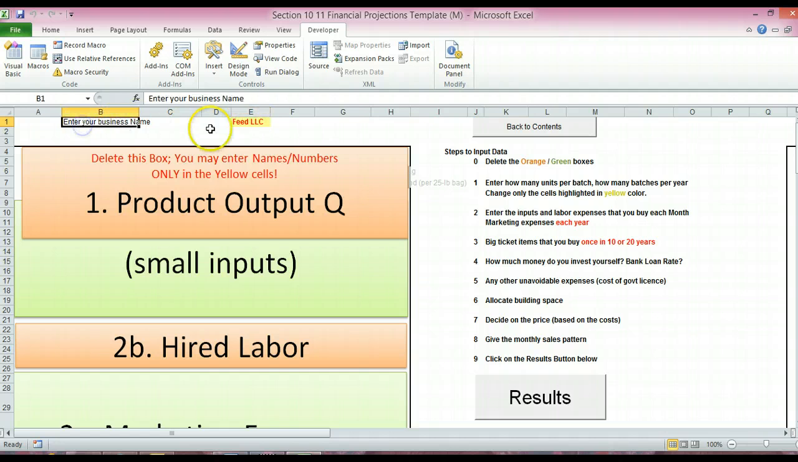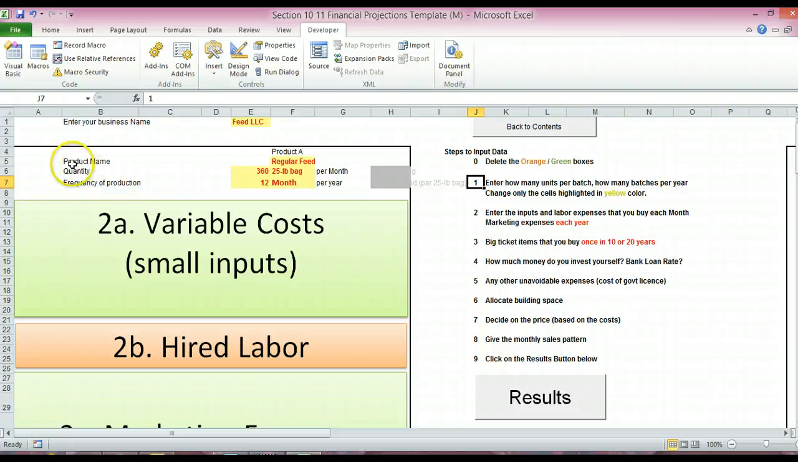So here enter the business name. You can do that. Then second step is enter how many units per batch, how many batches per year. So this is where we are entering the production output quantities. So click this box, delete it, and enter the product name, whatever you produce, how much quantity you produce, so how many bags you produce, what is the name of that quantity. So it could simply be bag,